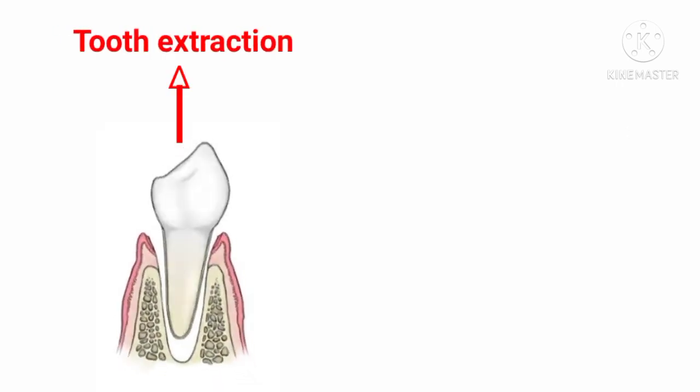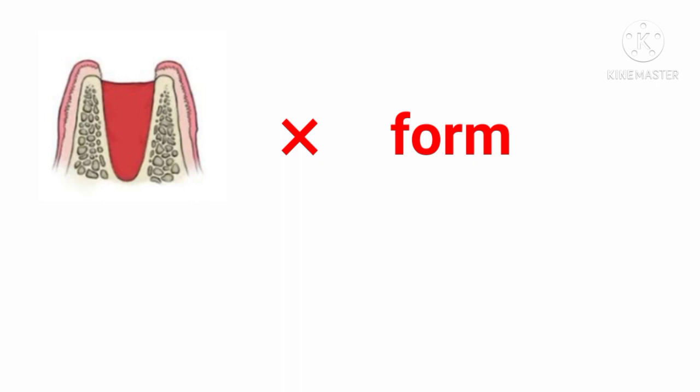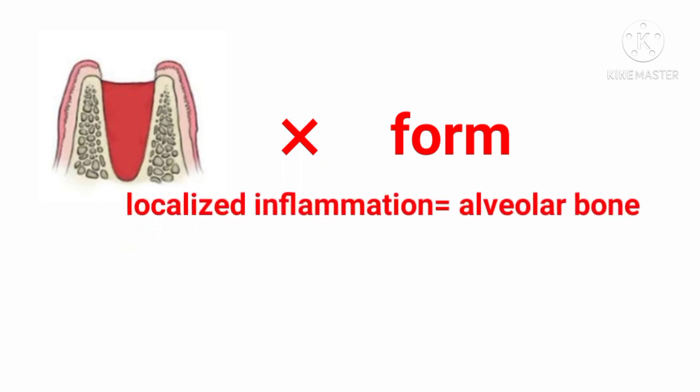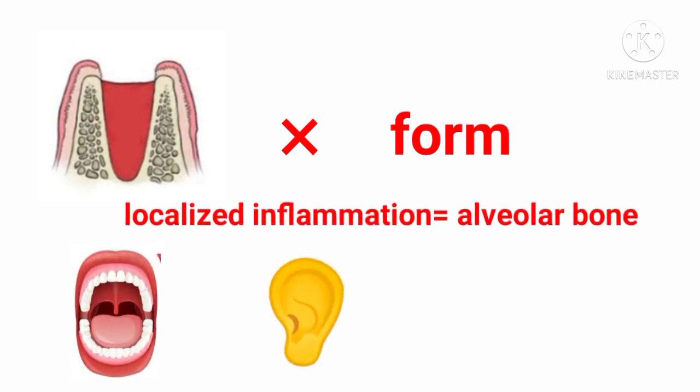After tooth extraction, a blood clot forms on the socket of the extracted tooth, mainly to reduce the blood loss due to extraction and also to prevent the alveolar bone from getting exposed to the oral environment. When this blood clot fails to form or is physically lost from the socket, alveolar bone gets exposed to the oral saliva, bacteria and food debris. This results in localized inflammation of alveolar bone, leading to a severe throbbing pain that radiates to the jaws, ears, and eyes